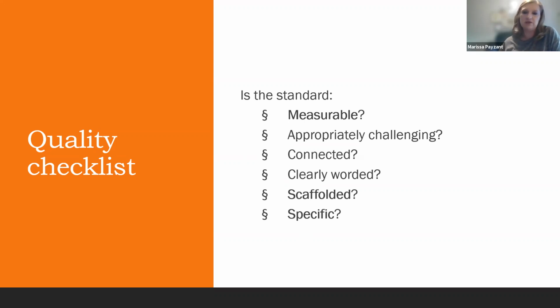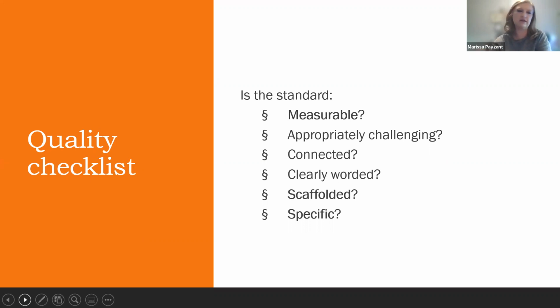And this was something we looked at pretty closely with our 2021 ELA standards. In some cases, our legacy standards were not adequately scaffolded all the way across. Some of them stayed the same, whether it was kindergarten, 4th grade, 9th grade, and so on. And then of course it needs to be specific enough. That relates back to measurability. You can't really measure it if it's not specific. So again, this is the quality checklist, and this is universal. It's not just for English language arts.